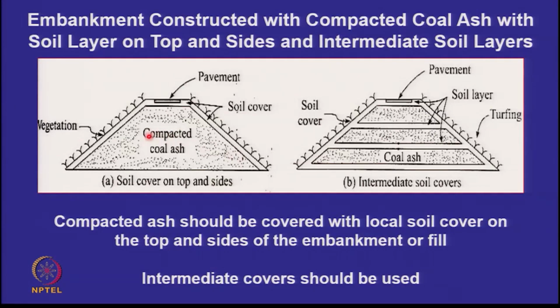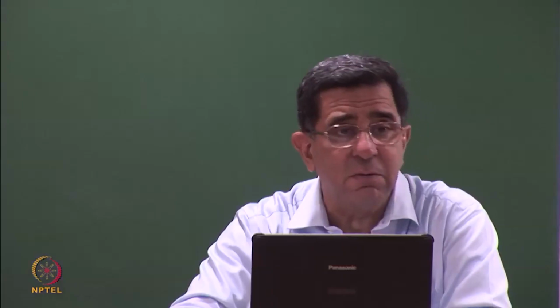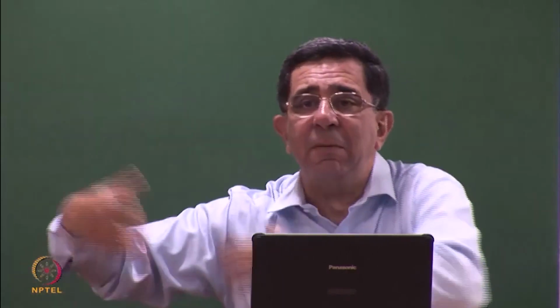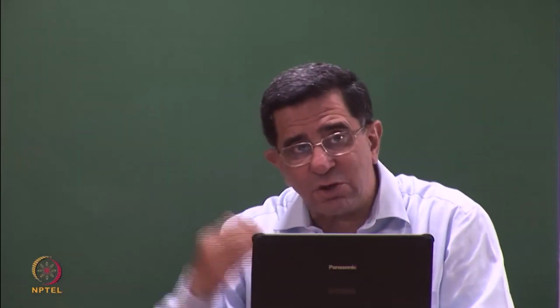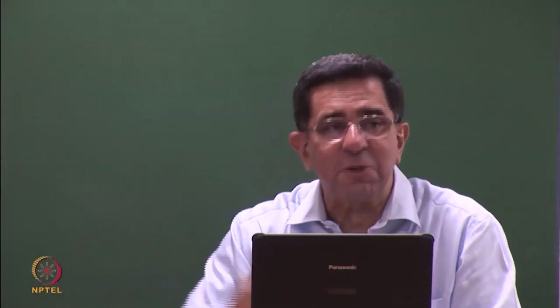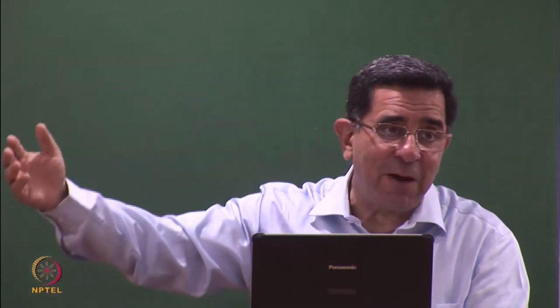So if you have pond ash available nearby, say easy to transport distance, local soil will be much more expensive than ash. Ash will be available to you free. Why? Because the thermal power plant will want to create capacity in its pond to put more ash. So they will offer it to you free. You may even sometimes negotiate, can you do half the transportation cost? Or can you deliver it to me? And that's for the thermal power station to see.